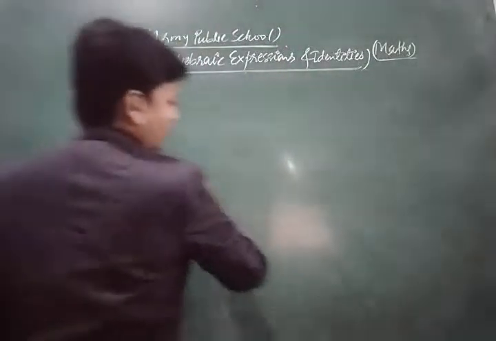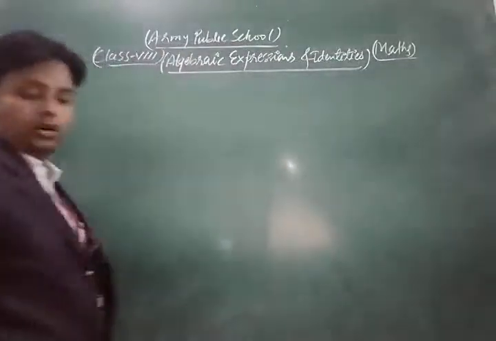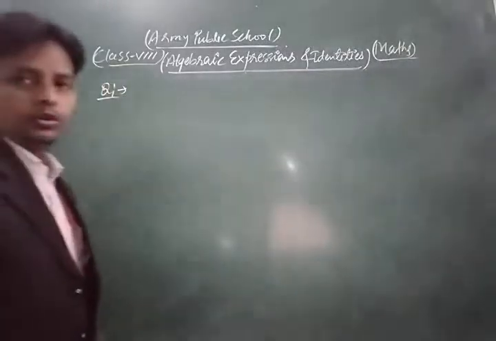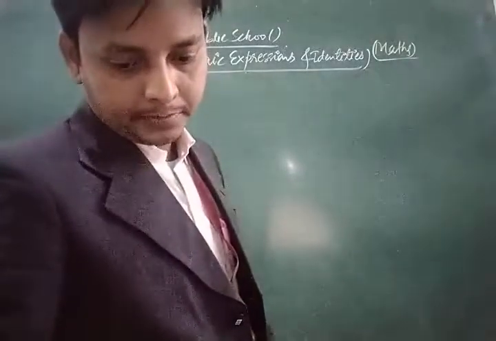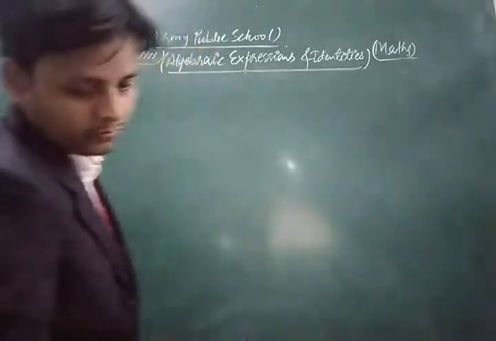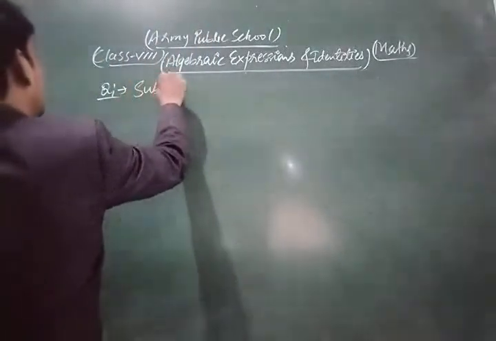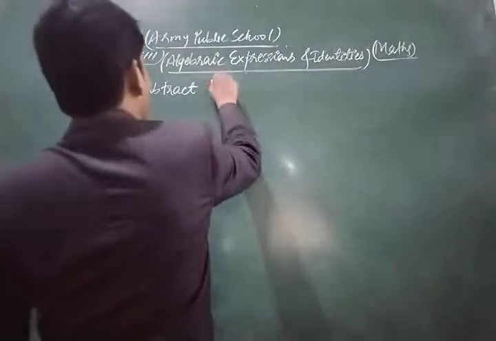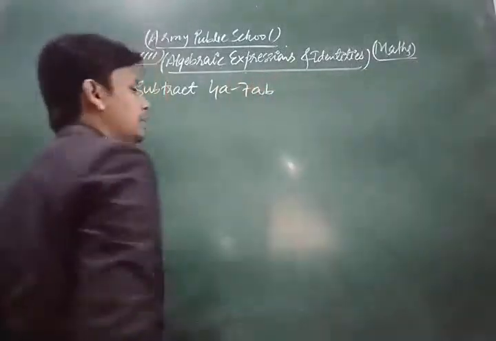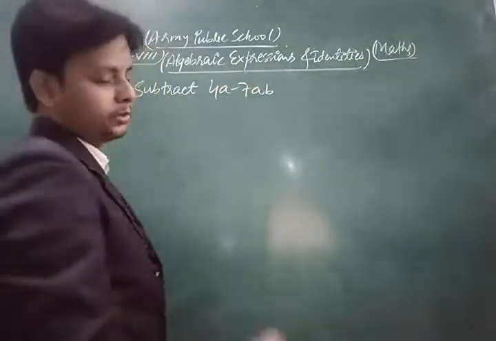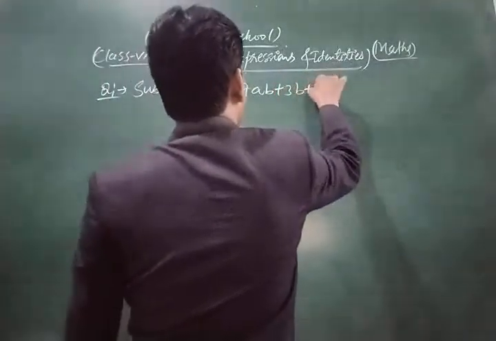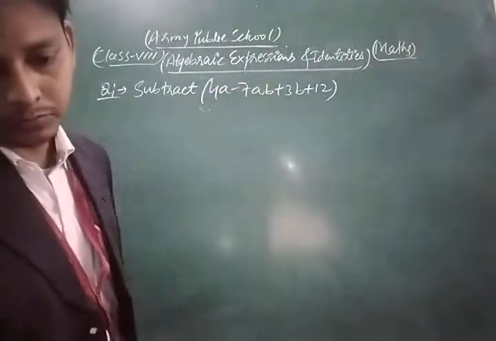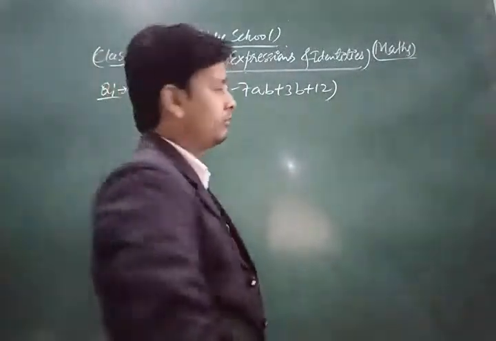The question is, very important: subtract 4a minus 7ab plus 3b plus 12 from